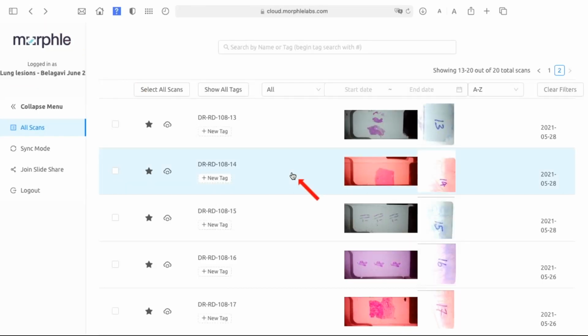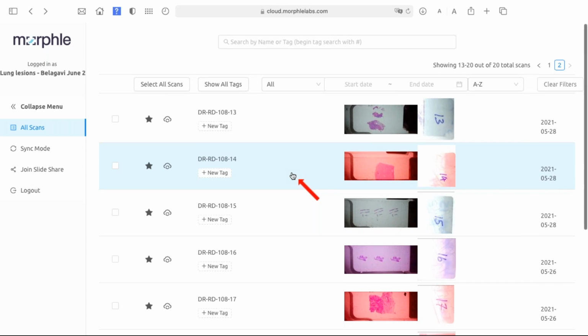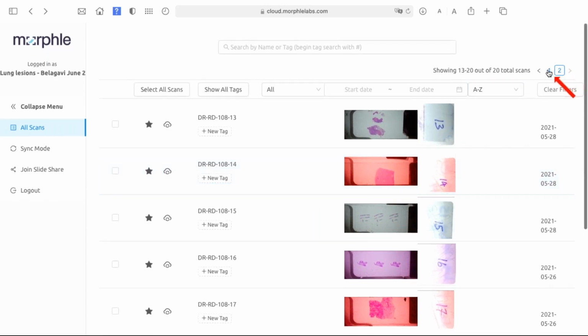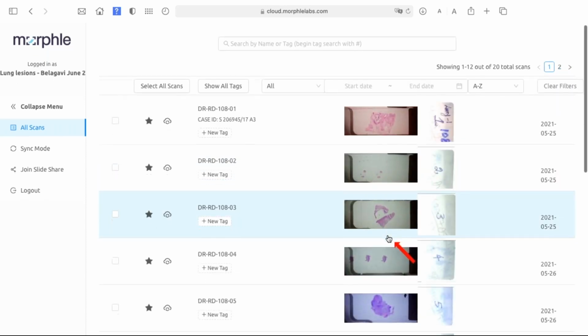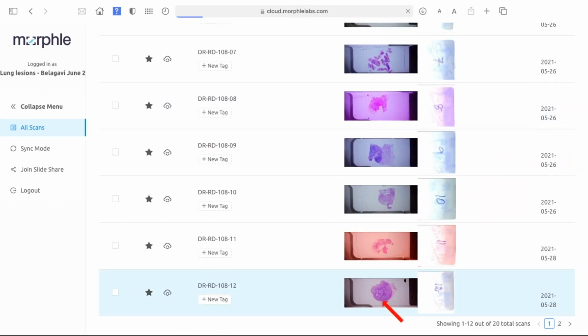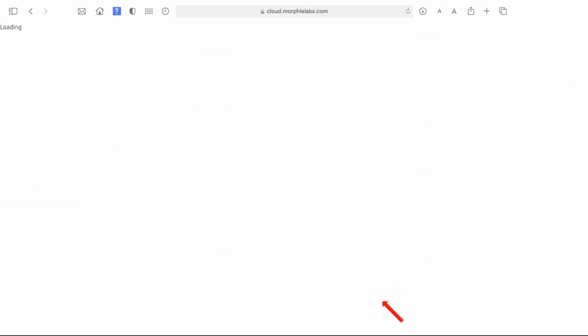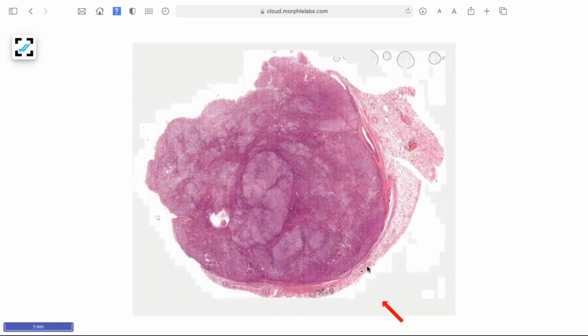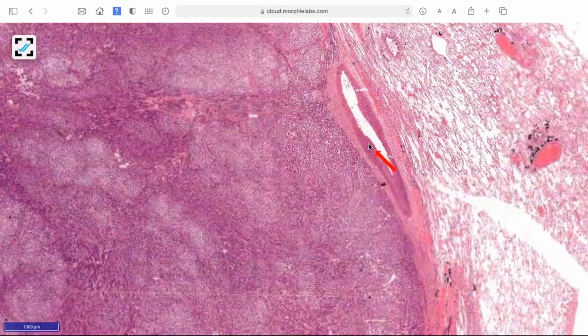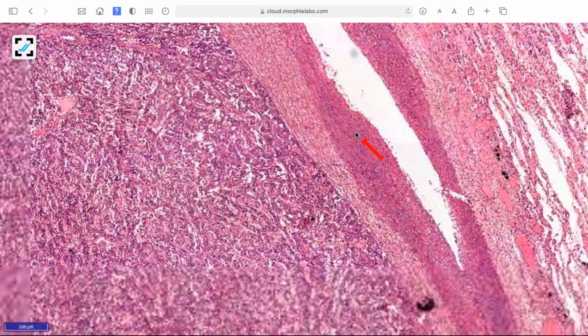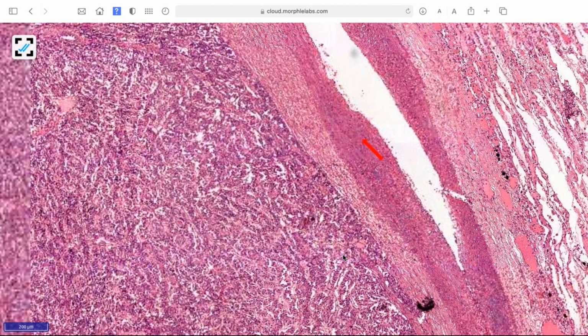Let us see case number 12, page number 1. So, a very well circumscribed tumor located within the airway. Okay, here you can see the airway lining and the accompanying artery. Okay, and when you come to the periphery, you will see the